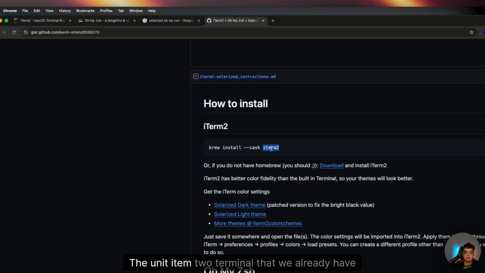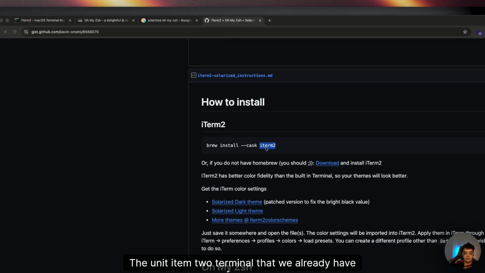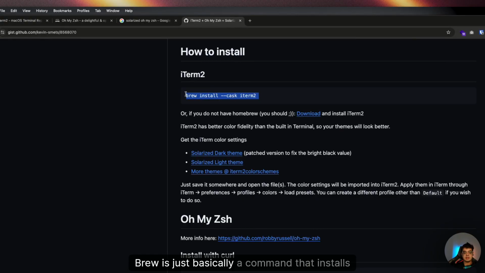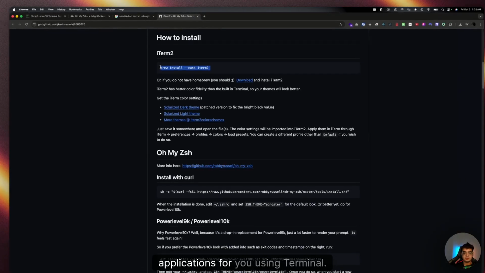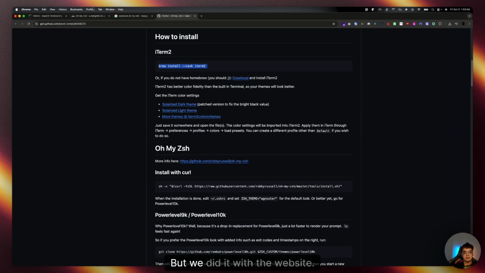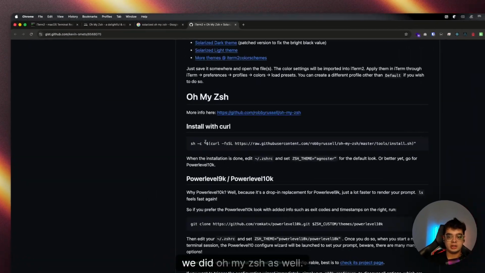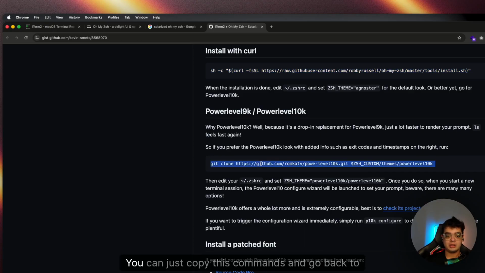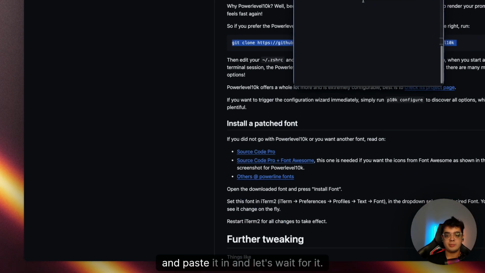You need the iTerm2 terminal that we already have installed here. Brew is just basically a command that installs applications for you using terminal, but we did it with the website. We did Oh My Zsh as well, and now we need to do Powerlevel9k or Powerlevel10k themes. You can just copy these commands and go back to your iTerm and paste it in